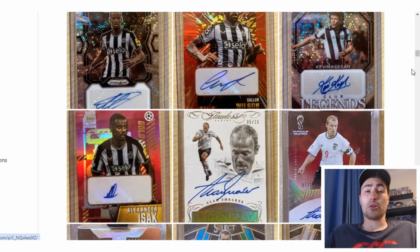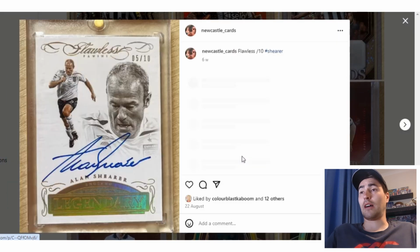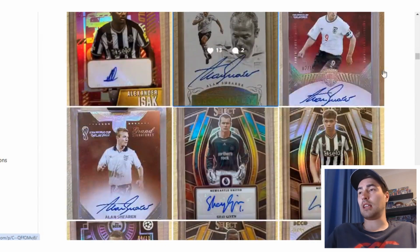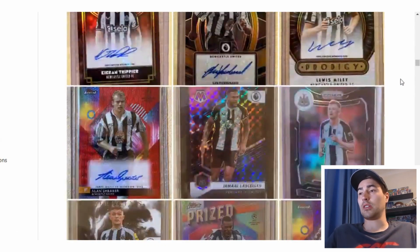So a completist approach is, I feel like years back it was certainly an attainable strategy. Nowadays, I think it's really difficult. And Gary Dodd is obviously quite an amazing collector to go after all of these cards. Amazing card there, on card, flawless Shearer autograph, and it's just quite an incredible collection of Shearers, of Newcastles, and